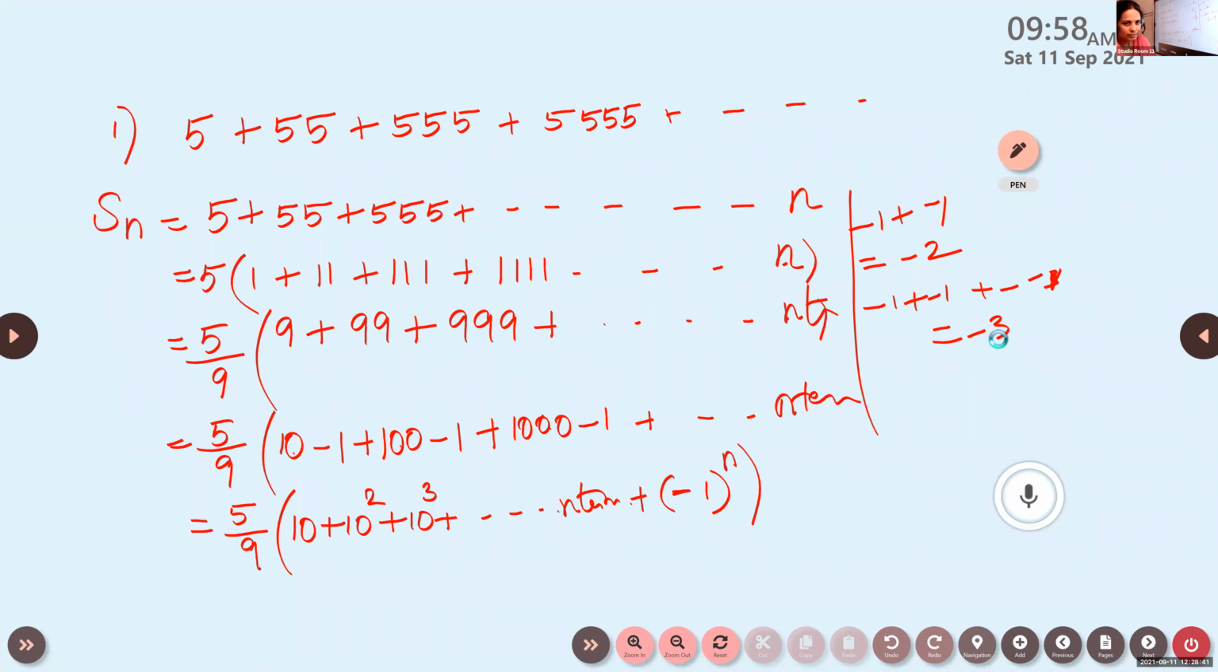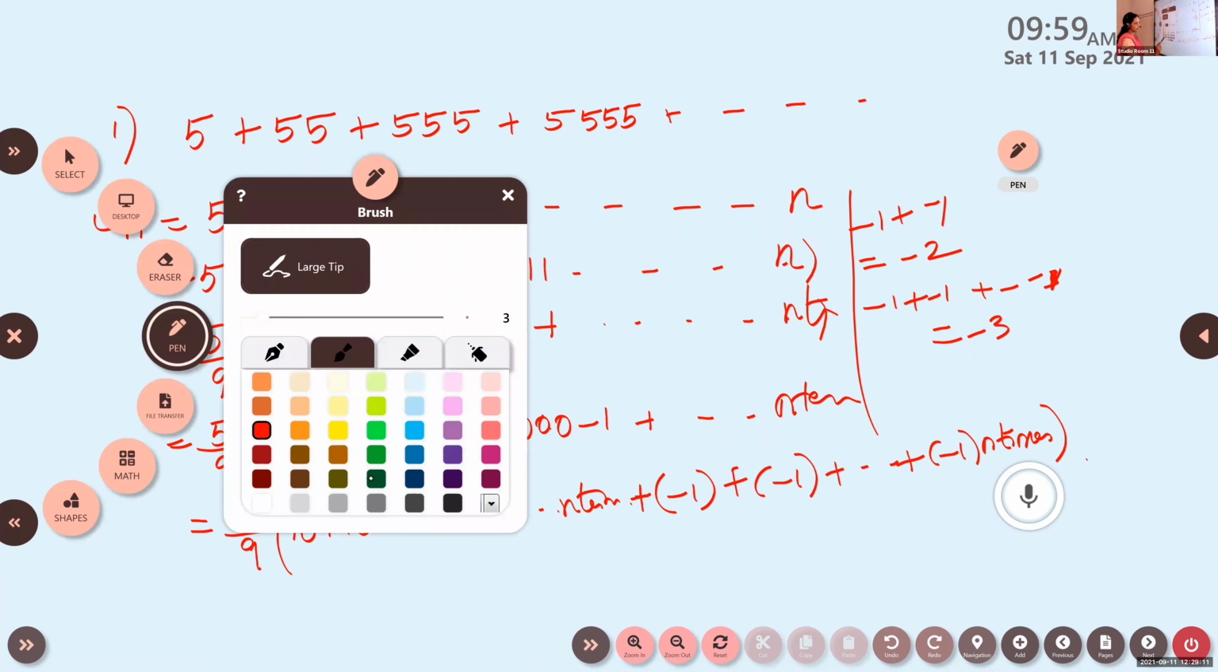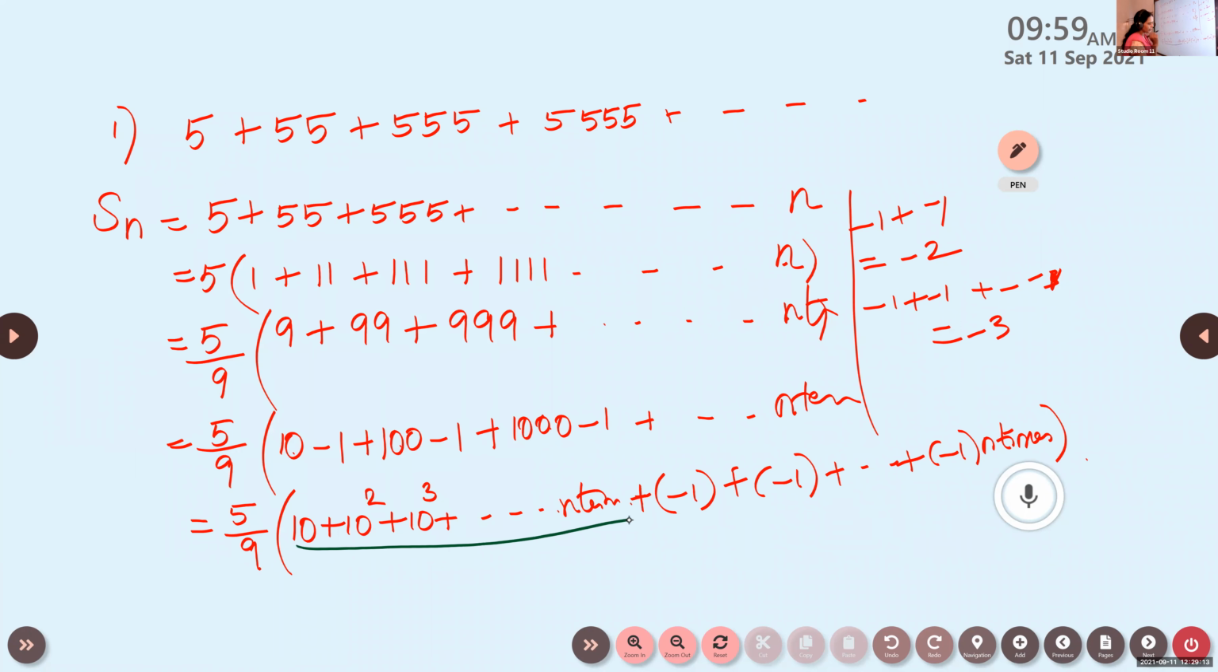We can write this as minus 1 into n. That is same as minus n. Otherwise you can write this as, one more step, minus 1 plus etc. up to minus 1. How many times? n times. So now if you look at the first set, this first n terms,